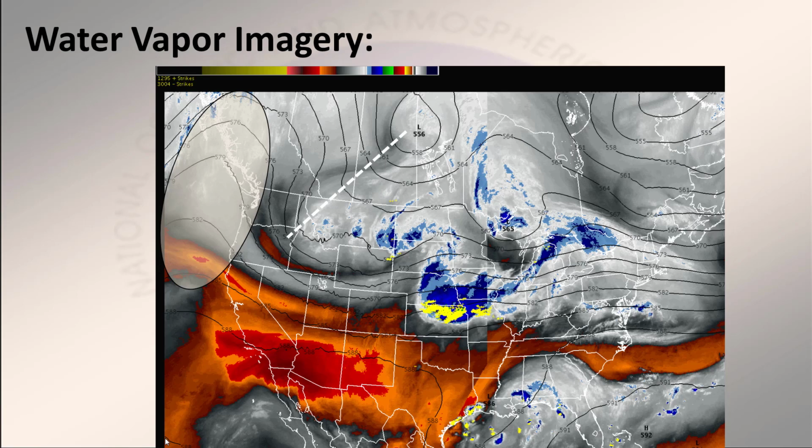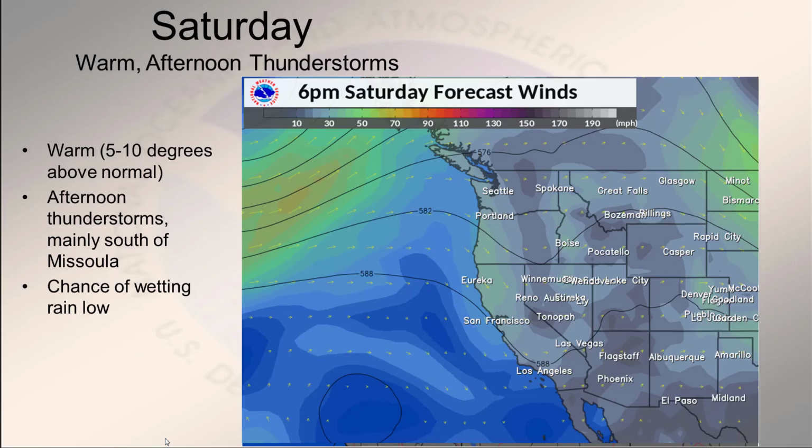So starting tomorrow, Friday, we will start to see a warming and a drying trend as that feature builds in. By Saturday, it does look like there might be a little bit of a wave of energy that moves through the ridge. That's represented here. You can see in the black lines this little dip in the upper level weather pattern. That's showing that low pressure system that's going to be moving in during the day Saturday. We're still expecting to see warm temperatures, and in fact by Saturday we're expecting temperatures as much as 5 to 10 degrees above normal. But that feature itself by afternoon will lead to some afternoon showers and thunderstorms and some